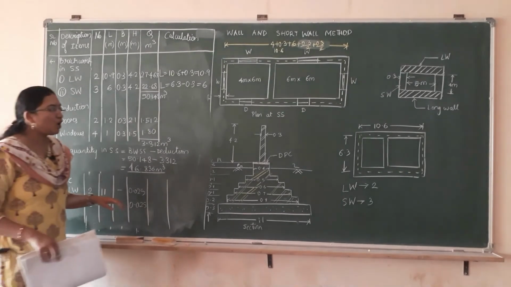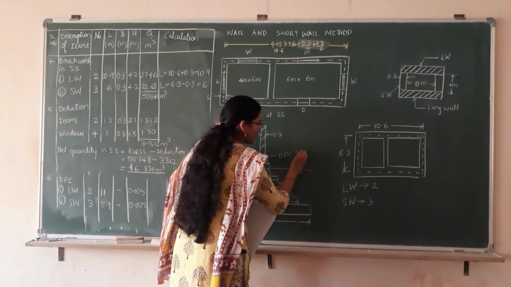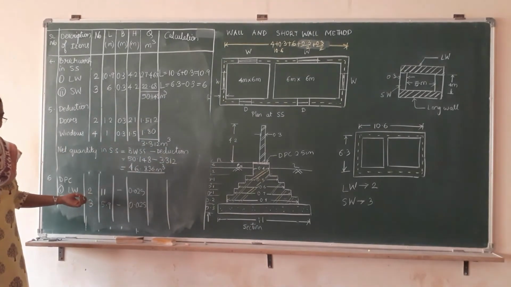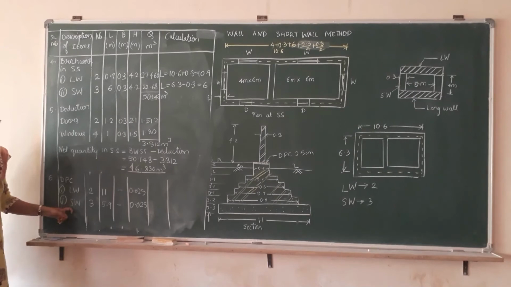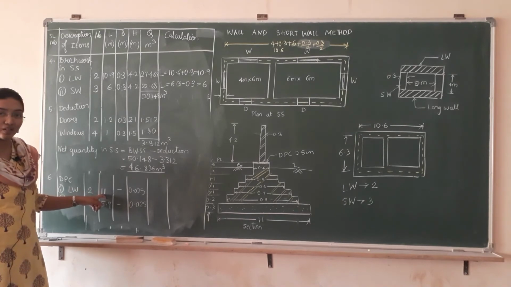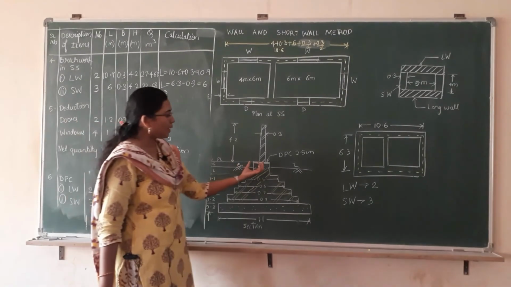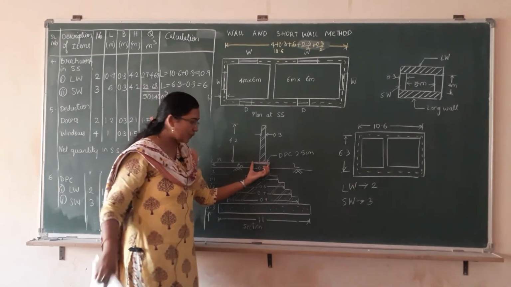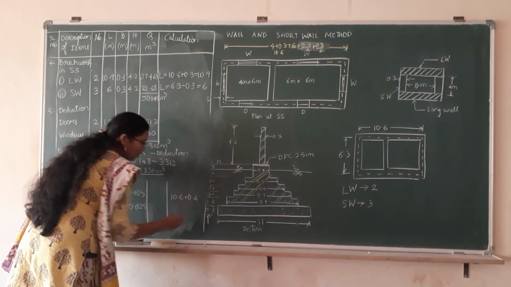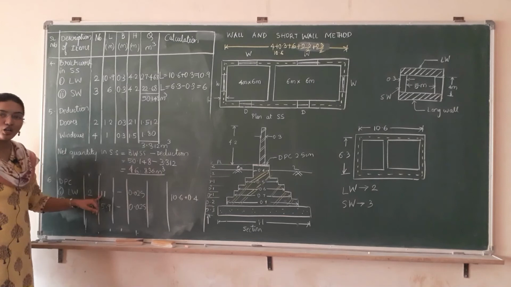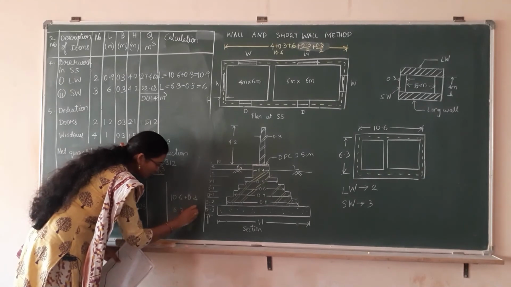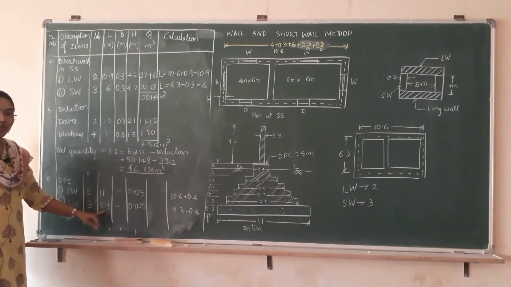So damp proof course of 2.5 centimeter has been given in the problem. So we have to consider that and calculate the quantity of damp proof course. So again same, long wall and short wall, 2 long walls, 3 short walls. So now the distance I have written here, it is 11. How did I get this 11? That is this portion. For plinth I have already calculated. How did I calculate that? So 10.6 plus 0.4. When I am doing, that is 11 for your long wall, then 6.3 minus 0.4, that is 5.9 for the short wall.